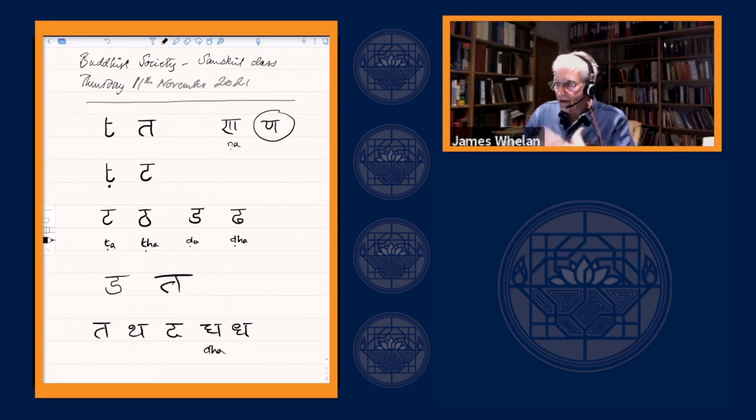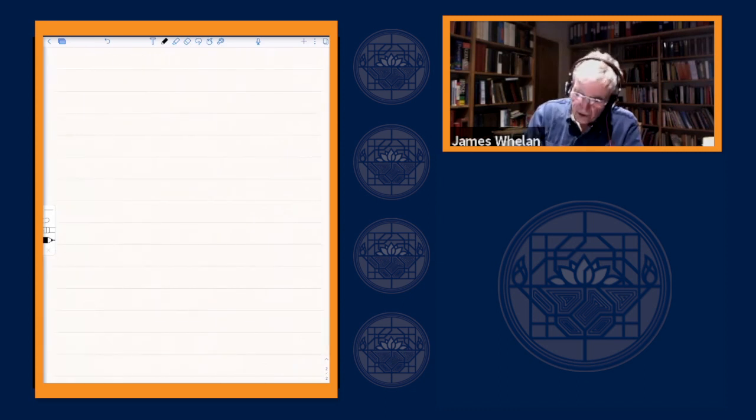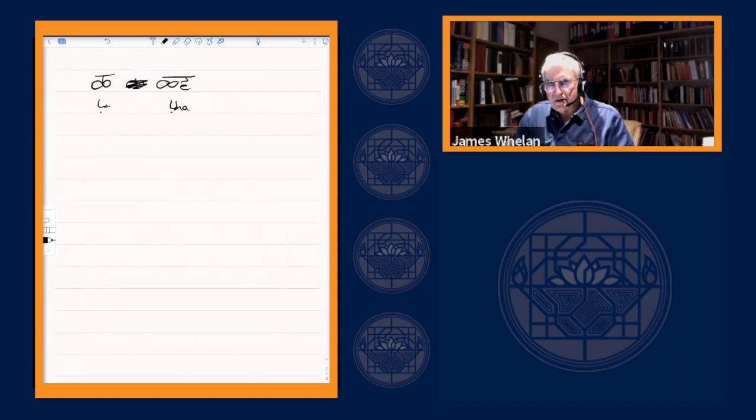So this is something it's best for you to practice on your own. I just mentioned these as we go along. You'll see the additional letters given at the bottom, la and the, sorry, the la. You won't find these in classical Sanskrit, but you do find them if you go to Vedic, the pre-Paninian